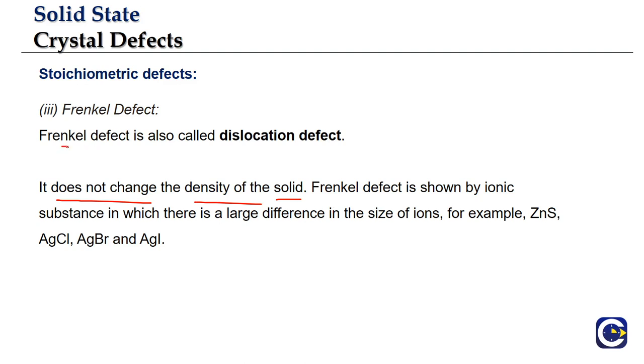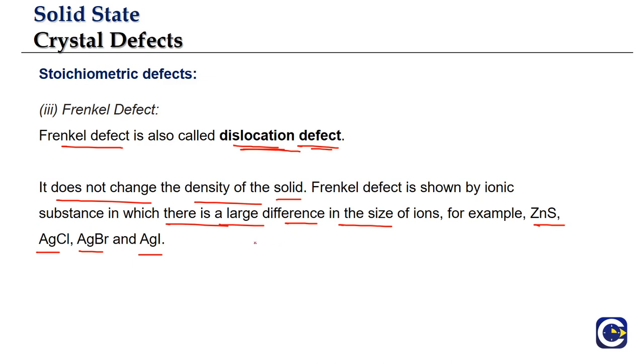And the Frenkel defect is also called what? Dislocation defect. It's basically the cations moving. Generally the small ions are cations. They will be moving from their original location to the interstitial site. And generally it occurs in substances where the ionic sizes are very different. So when the cation size and anion size are very largely different, for example zinc sulfide, AgCl, AgBr, AgI. I mean, this is just the thumb rule. If you have a large difference, because we are talking about the smaller ion getting dislocated from its original place and going and occupying the interstitial site,